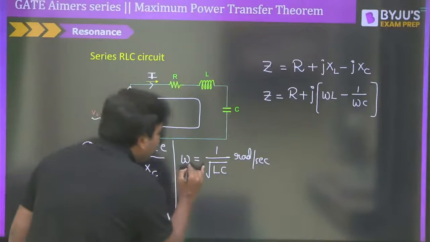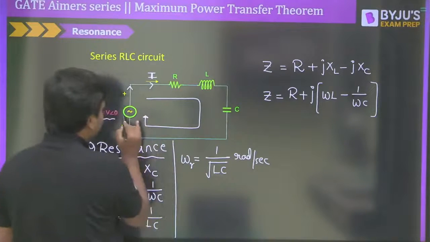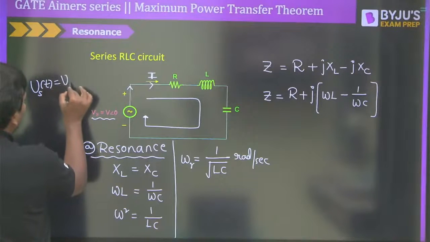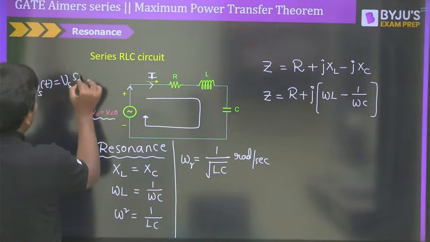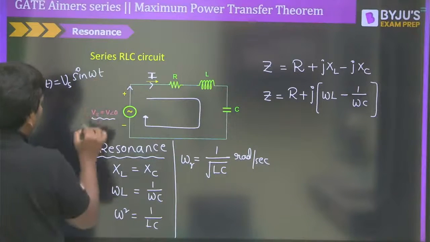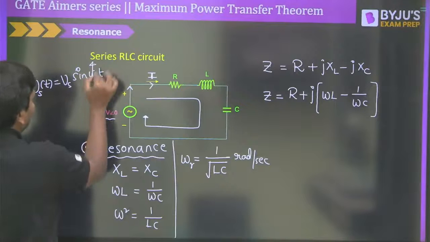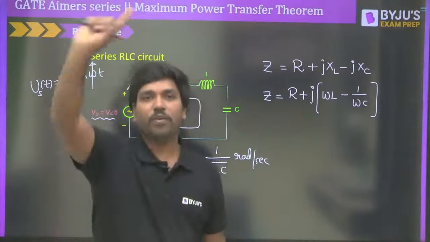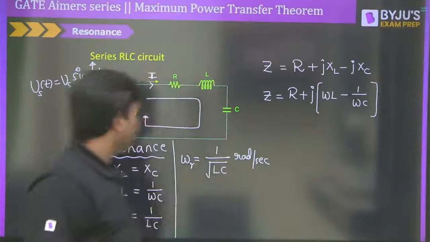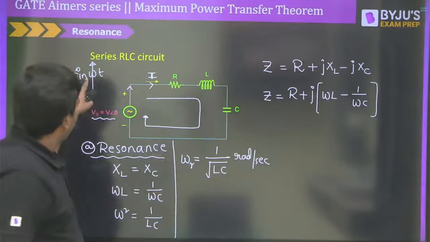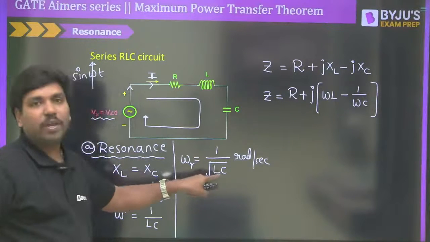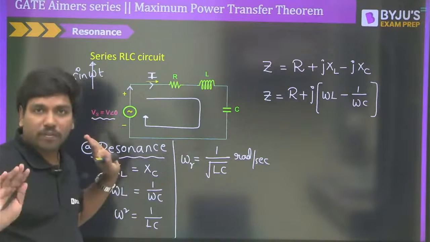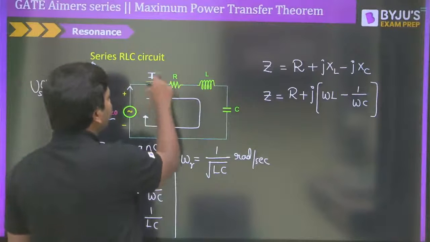Clear? So that means whenever the frequency of the supply, because we all know that the supply voltage Vs of t would be a sinusoidal signal, I can say Vs into sine omega t, and this is a variable frequency. So we will vary the frequency. How long will we vary the frequency? We will vary it until the frequency is equal to 1 by under root of LC. Clear? Once the input signal frequency and 1 by root LC are both the same, then you are going to see the resonance in the circuit.